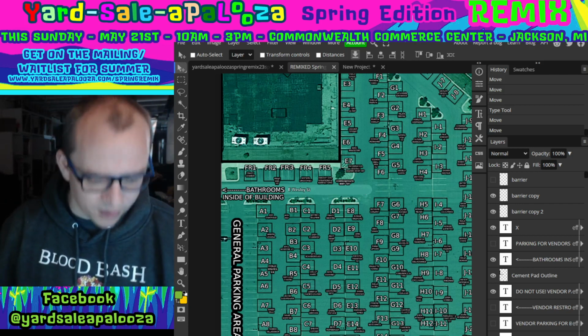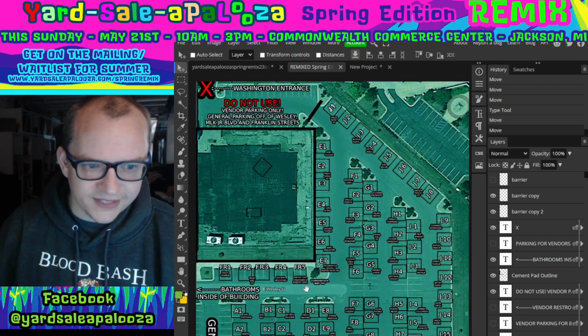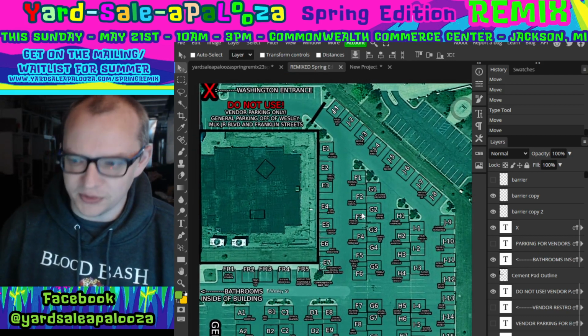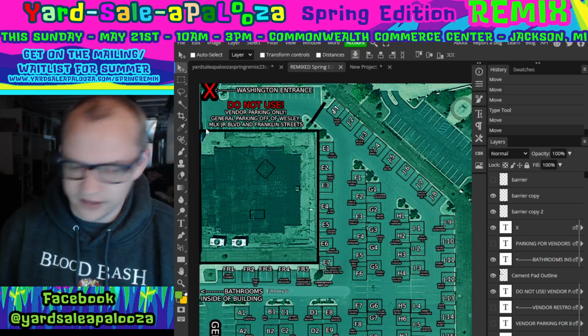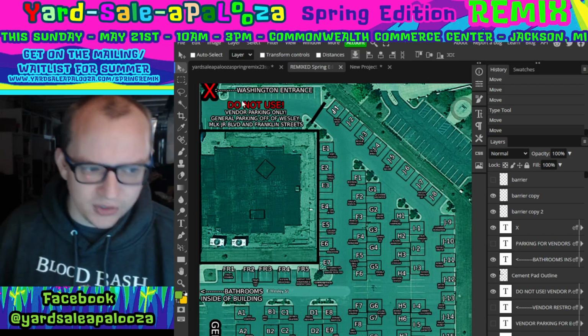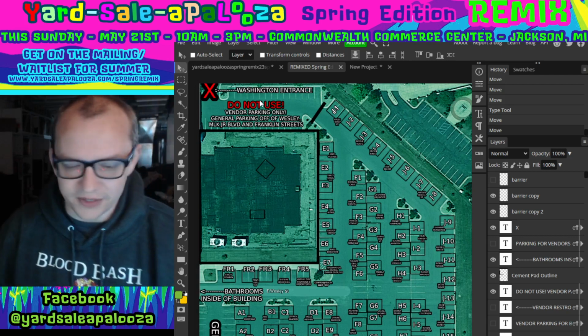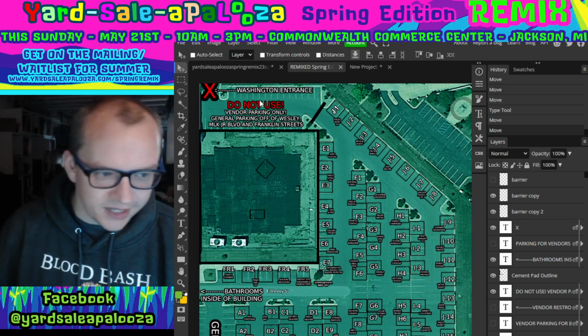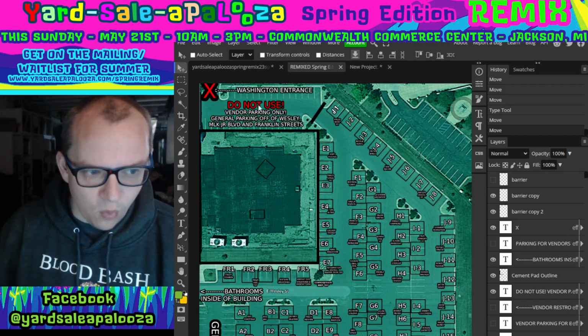Now, first things first, I want to talk about here. I mean, we've said this before multiple times. People don't listen. People do whatever they want. You have this area here that you can park in. You saw the Monopoly map. This area over here is not supposed to be used for general parking, just so you know. People park there all the time. It becomes a mess. It is what it is. But if you can, try to avoid parking there because a lot of people walk through there, and especially